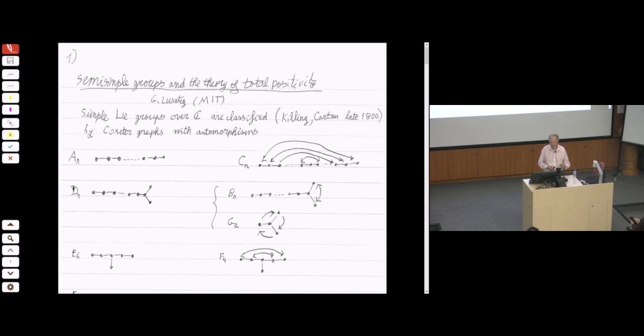Now, here I should say something which I disagree with the usual notation. I don't like to call the diagrams Dynkin diagrams. I think it's wrong. I want to call them Coxeter diagrams because they were introduced by Coxeter, and I would say the Dynkin name should be preserved for the diagrams of nilpotent elements. That's okay to use the Dynkin name, but for the Lie algebras, I think it should be Coxeter.